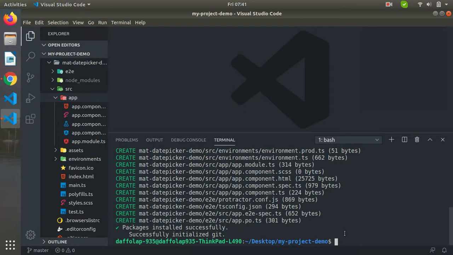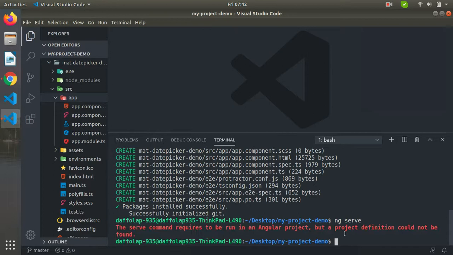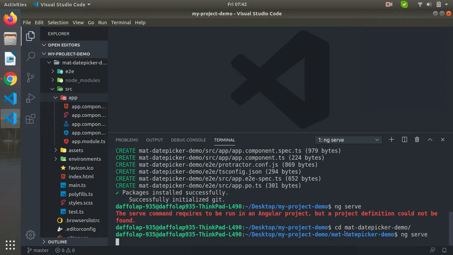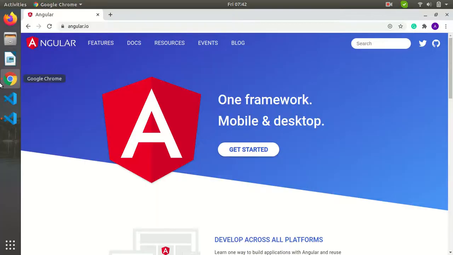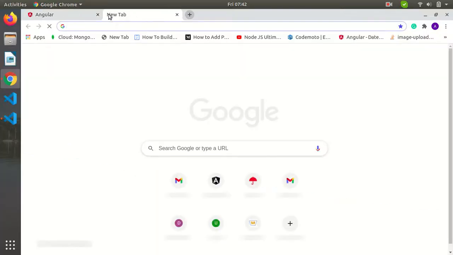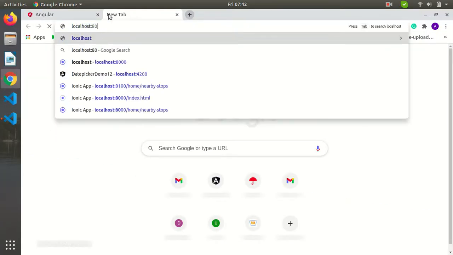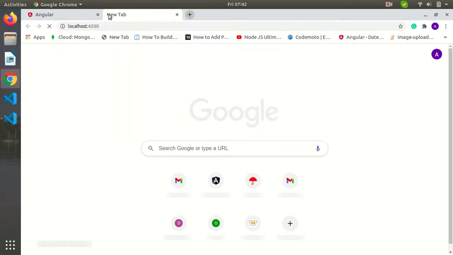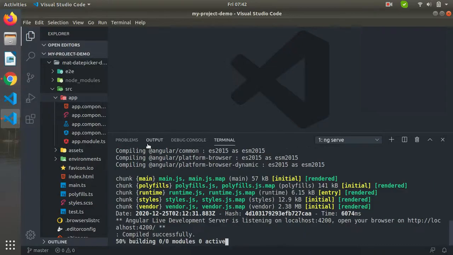Okay, so we can check by ng serve whether our project is created correctly or not. First of all we have to go into the mat date picker demo folder, then we have to run the command ng serve and go to your browser, press localhost:4200. You will be able to see it once it is served.